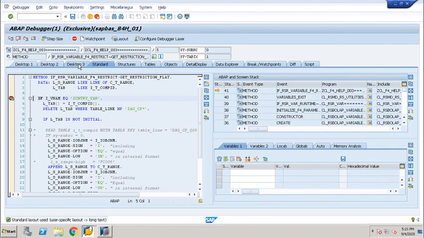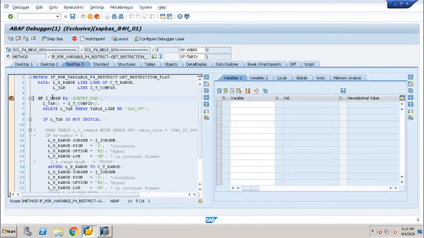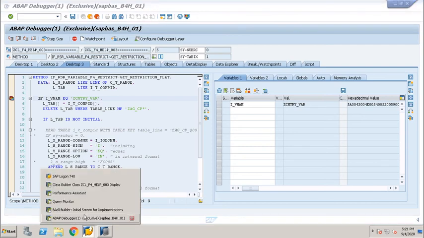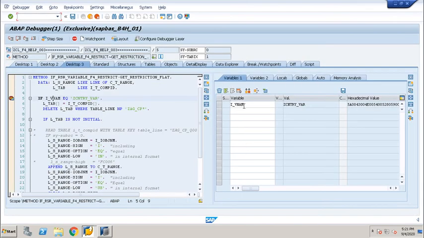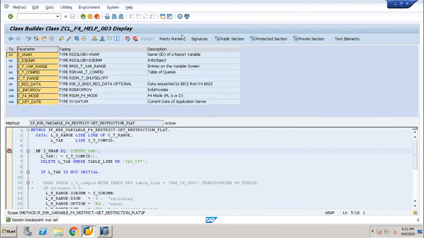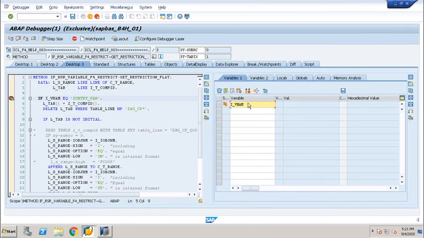I will prefer desktop 3. Here I will just click on this variable name, or you can go into the method and take all the parameters and pass them here.